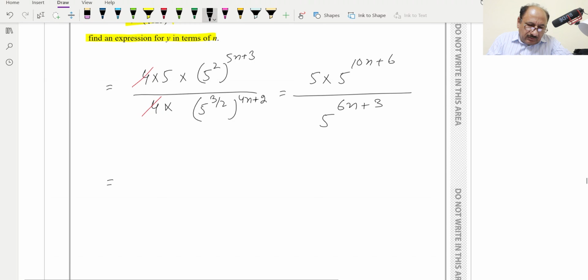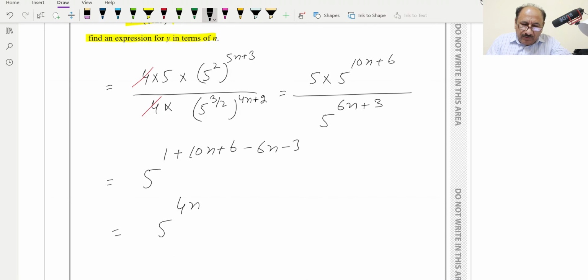Now we can write it as, because bases are same, so powers will be added, and we can write this as 5 raised to power 1 plus 10n plus 6, and this one goes as denominator and its power will be negative, so minus 6n minus 3, and this will be equal to 5 raised to 10n minus 6n will be 4n, and 1 plus 6 will be 7, 7 minus 3 will be 4, so plus 4, and we